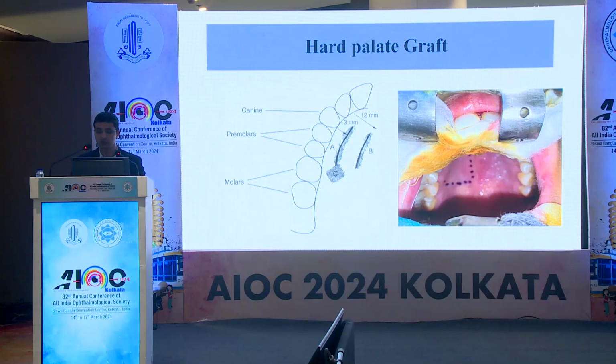Hard palate graft is the type of cartilaginous graft. An important site for graft harvesting is the canine premolar area, which is approximately 8 to 13 mm from the mid-palatal aspect. Going beyond 13 mm carries an increased risk of neurovascular bundle damage of